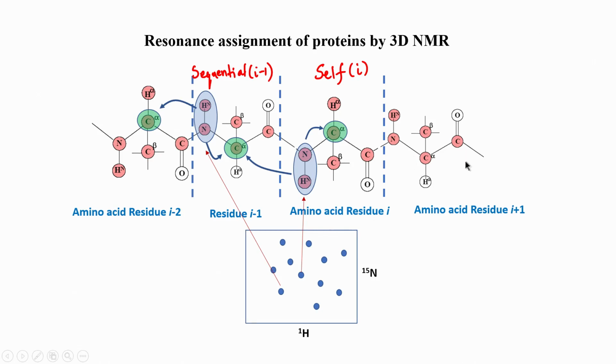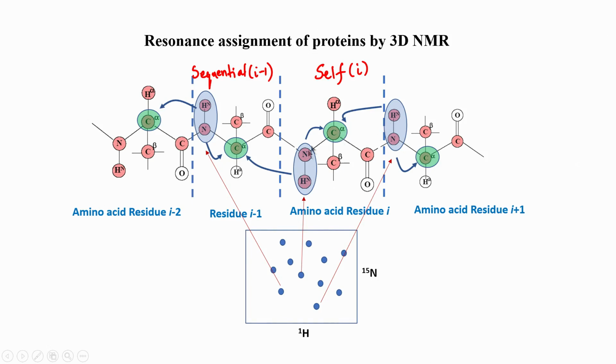Similarly, I can go on this side. On this side, I can again find an NH pair, this is one pair which will be some peak here, which will give me correlation to I and also I minus 1. So, you see this is a common connectivity here, it is shared between I and I plus 1. So, I can now find some NH somewhere here, which could be anywhere, let us say it is this NH, and that NH turns out to be such that it has a connectivity to this C alpha, which was connected to this NH.